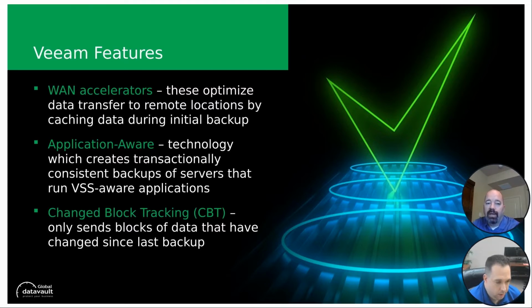storage. I'm going to skip application aware just a second and go to change block tracking here, because it sort of applies to the whole deduplication and compression thing. So only blocks of data that have changed. How does that work and what does it do for us? So every time the backup runs, it actually creates a change block tracking, a CBT log, and it automatically detects